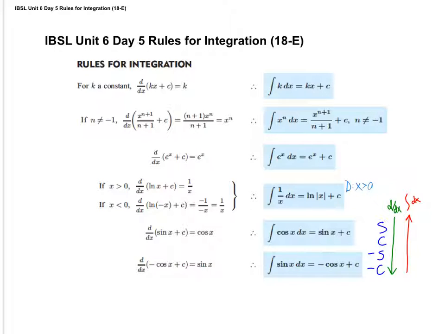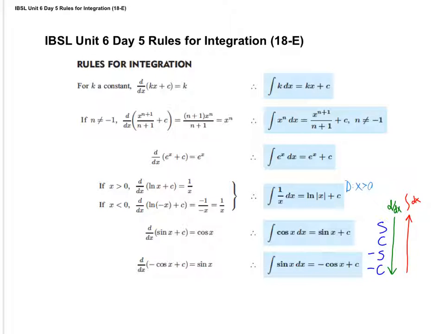You know that the derivative of cosine is negative sine. So if I took the derivative of negative cosine, I would have negative sine or positive sine. And that's how we get the rule for the integral of sine. The integral of sine is negative cosine. I will tell you at some point you will probably forget which one is negative which, and that's where our nice tool